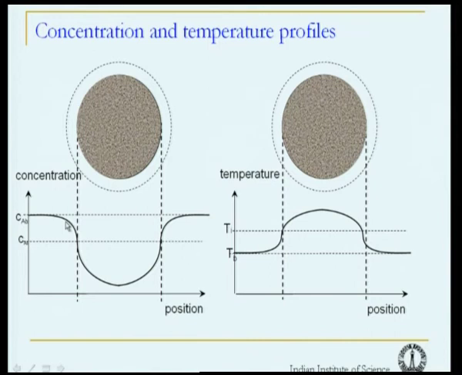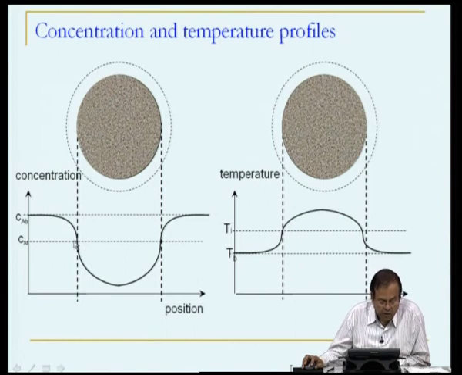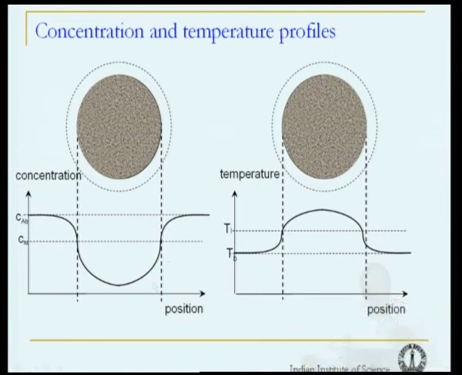So, what happens here? The concentration far away from the surface of the catalyst is the bulk concentration. It reduces to surface concentration CAI because of resistance to the mass transfer outside the catalyst, and then the concentration decreases gradually as we move from the surface to the center of the catalyst, and being symmetrical, the same thing can be seen from the other side as well. So, what we have is actually the concentration decrease.